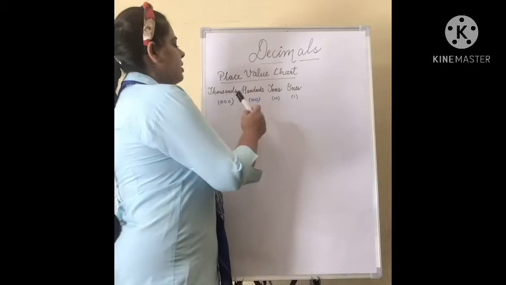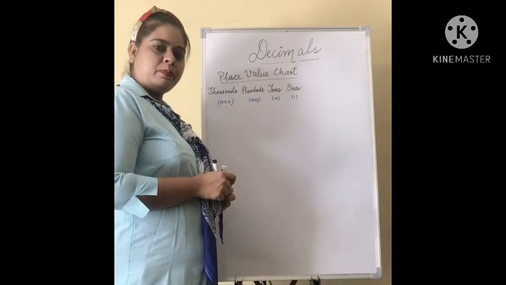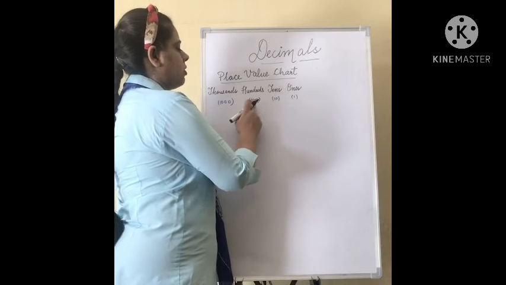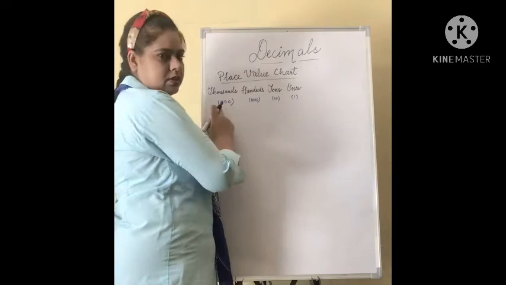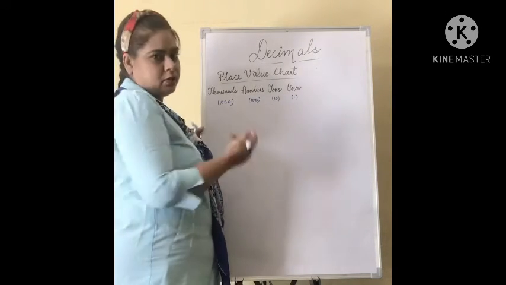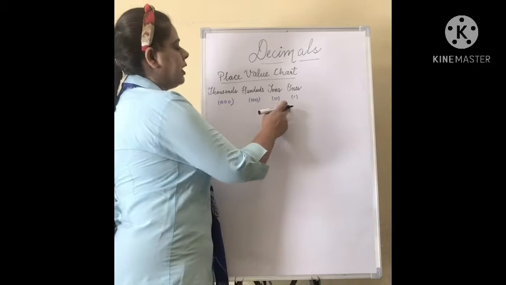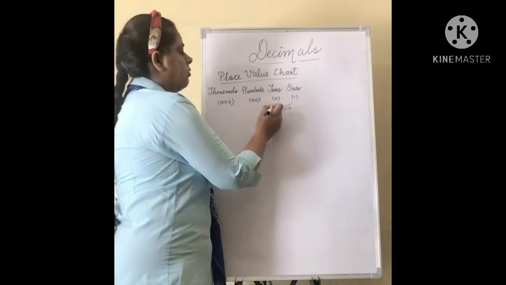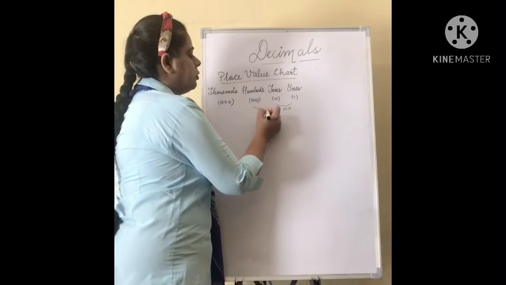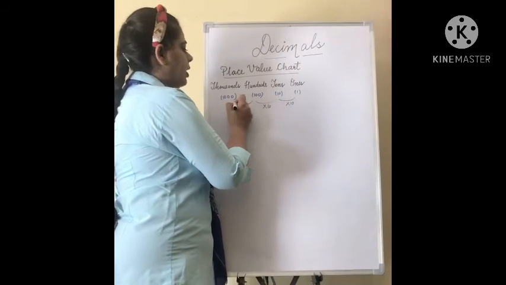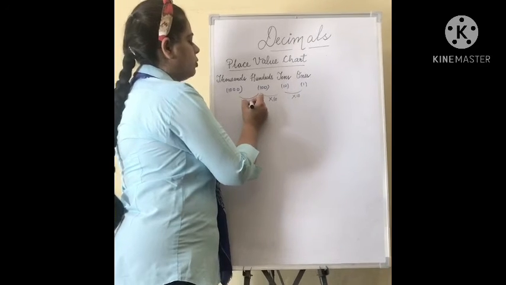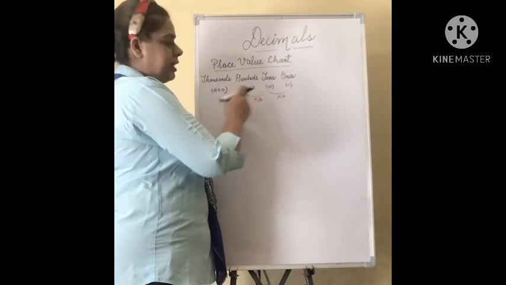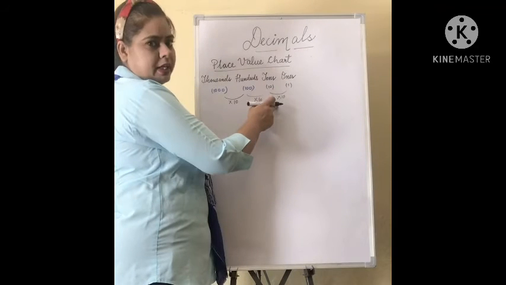Now children, we have discussed Indian system of numeration in our previous chapters. We have discussed ones, tens, hundreds, thousands. These were the different places of numbers. When we multiply 1 by 10, we used to get the next digit. When we multiply 10 by 10, then we used to get 100. Then 100 multiplied by 10, we used to get 1000. This way we multiply the first digit by 10 to get the next digit.